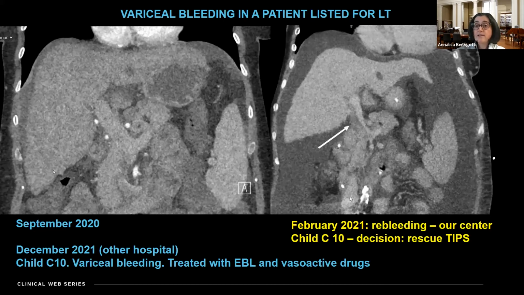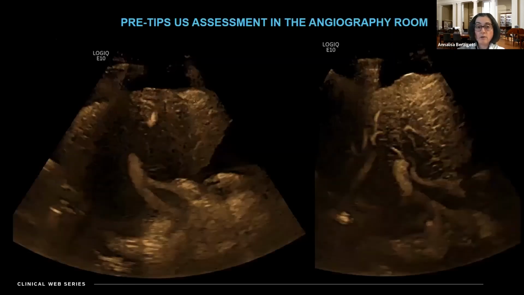She came to us, and in February 2021 had a second episode of bleeding. She was very sick, and we could identify on CT a partial portal vein thrombosis, as you see indicated by the arrow, and the decision was immediately to try to put a rescue TIPS in to try to keep the patient on the safe side for allowing a transplantation later on. And these are the images which I took during the TIPS positioning.